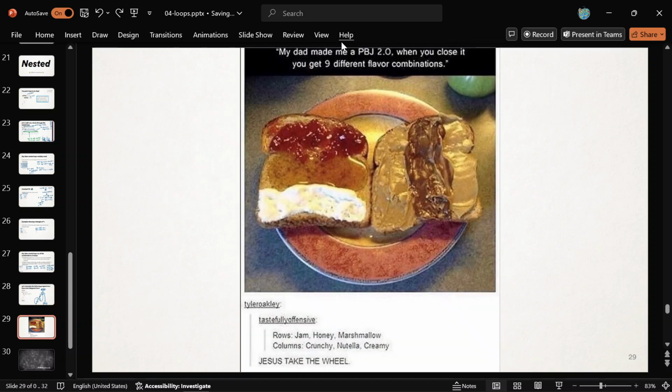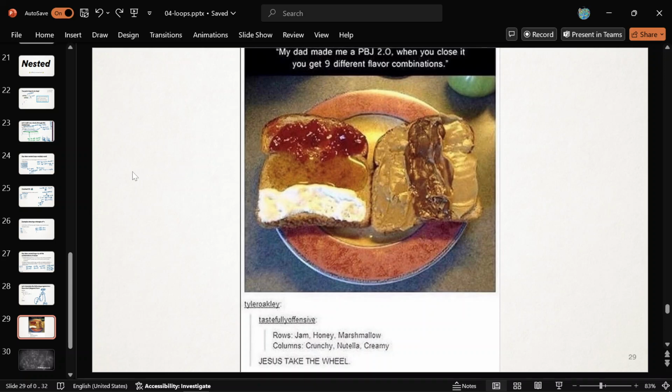And then, before we go, here's just a silly meme that my old boss sent me. It has to do with this idea of trying all the possibilities in a for loop, right? Because if you want to make the ultimate peanut butter and jelly, you do the rows and the columns, different flavors of sweet things, different flavors of savory peanut buttery things. And then when you bring them together, you have 9 options now, right? So that's the beauty of one of the sides of a nested loop. That is nice. We know about the other one too now that tries all the possibilities and multiplies answers. Okay, those are the 2.